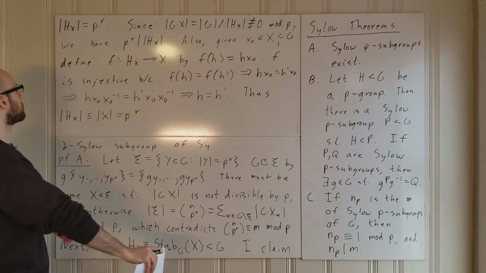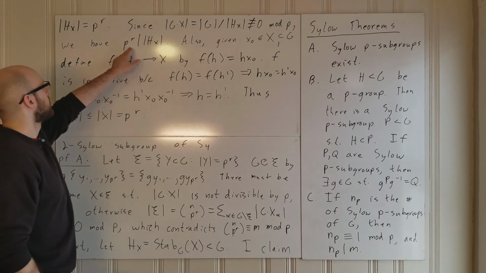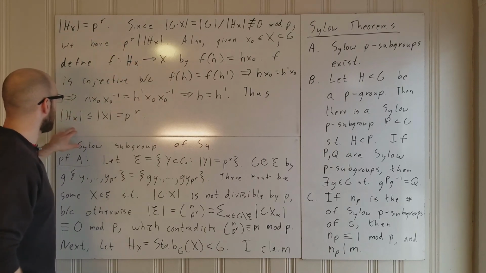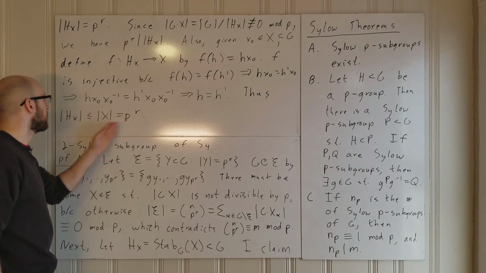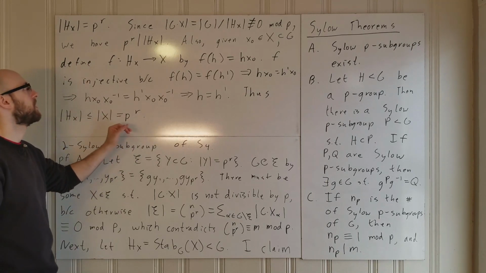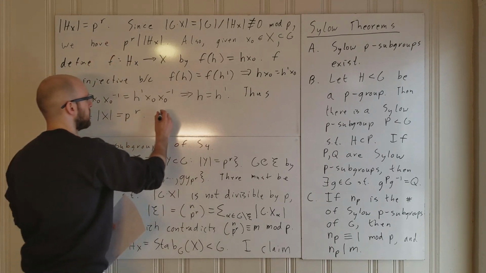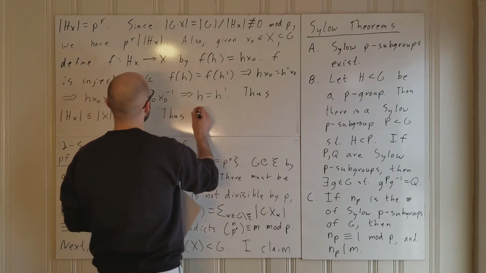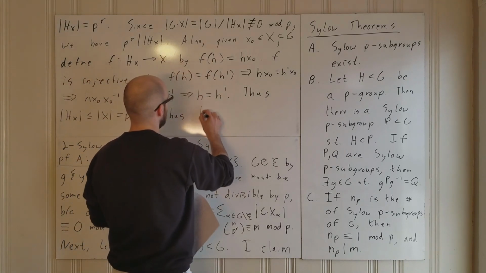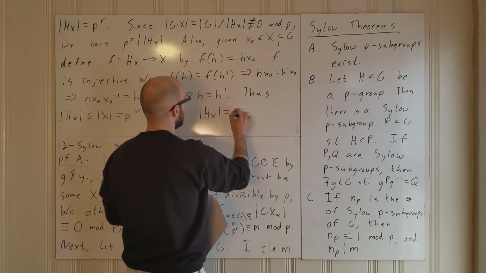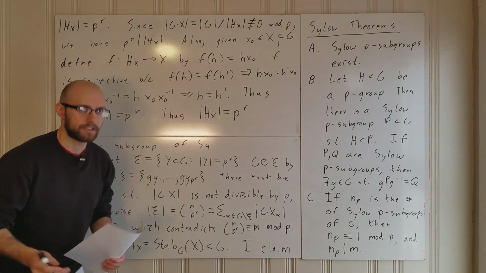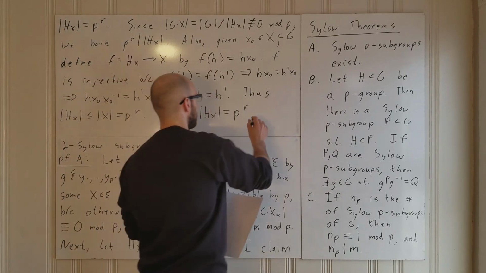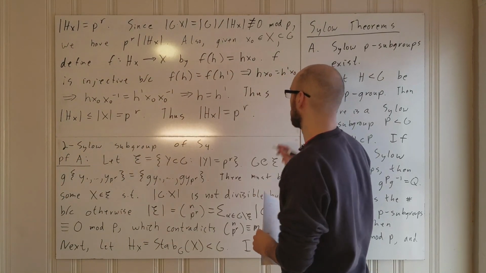So if hx is a subgroup of size less than or equal to p to the r, which divides p to the r, then the only possible outcome is that the size of hx is exactly p to the r. Okay? So hence,